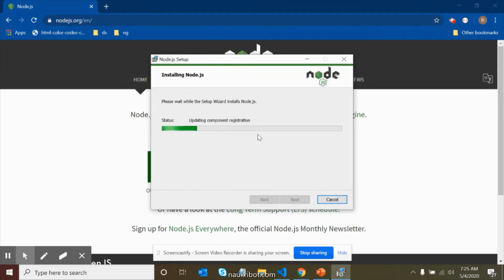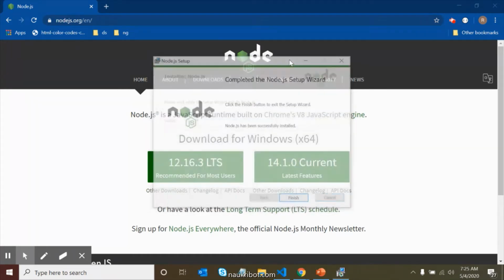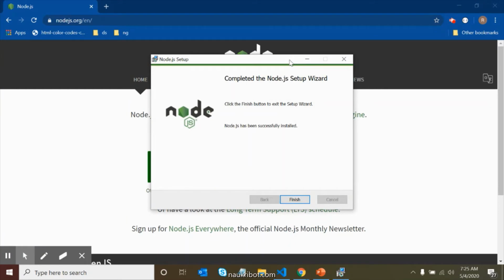It will take 1 to 2 minutes to install Node.js. Now our Node.js installation is completed. So we can click on the finish button.